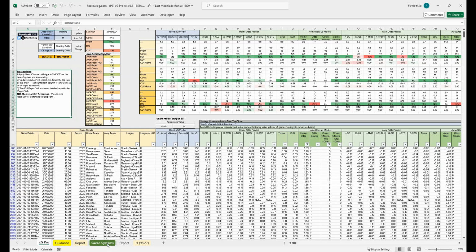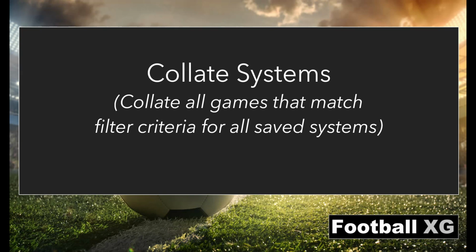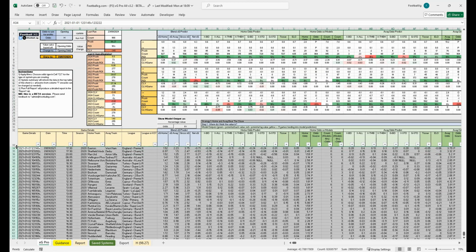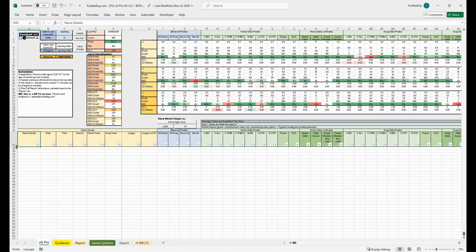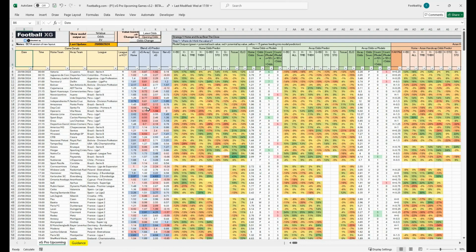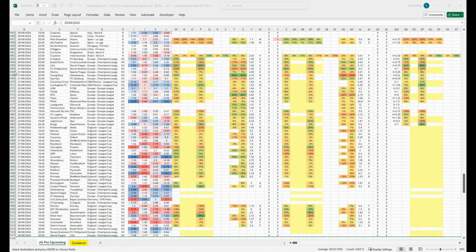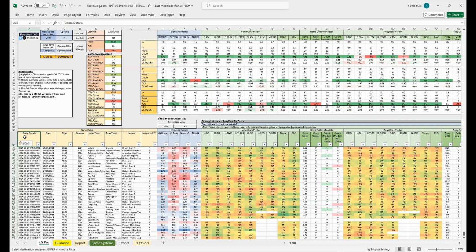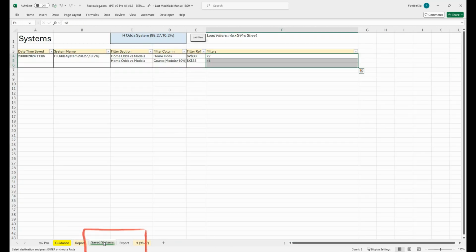Finally, the next feature I'm going to show is something I suspect everyone will be quite happy with. After a while, you'll build up a list of systems, and having to go through the weekly sheet, applying all the filters from all the systems to come up with your games, can be a very slow and tiring process. Once you have all your systems saved, you can then save this workbook as your master workbook. You can then clear all the historical games from the main tab, as shown here, and this will significantly reduce the file size. Now, every time the weekly sheets are updated, you can simply get the data from the weekly sheets, do a simple copy and paste, and then the data is here, along with all your saved systems.